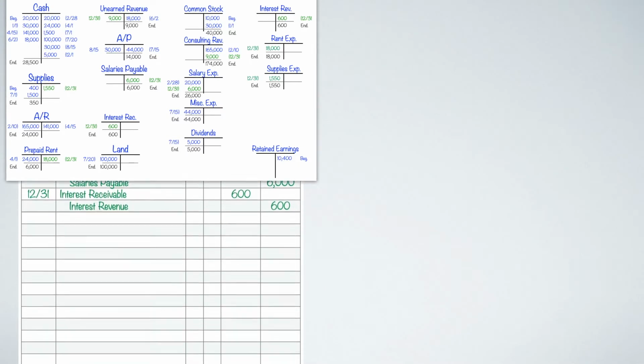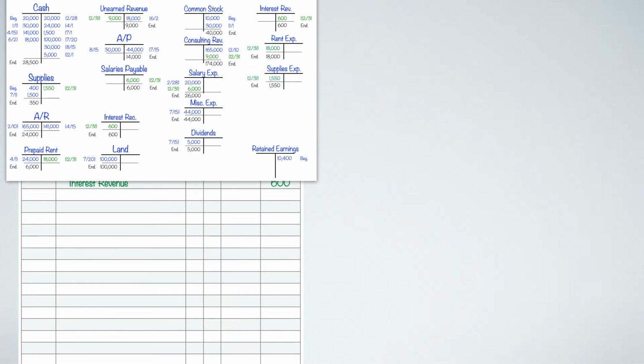In order to do the first part of our closings, we know that we need to have an income summary account. So I'm just going to go ahead and create an income summary T-table just to have that ready. And so we're going to specifically look at our red accounts or the temporary accounts. I call them red accounts, again, just a mnemonic device that helps me keep everything straight. But those are the revenues, the expenses, and the dividends. Now we have 2 revenues, we have 4 expenses, and we have 1 dividend. And I tend to do them in that order because it just keeps me organized. I don't want to miss something.